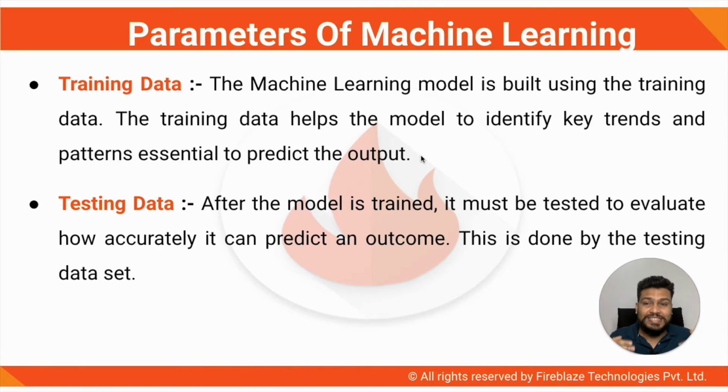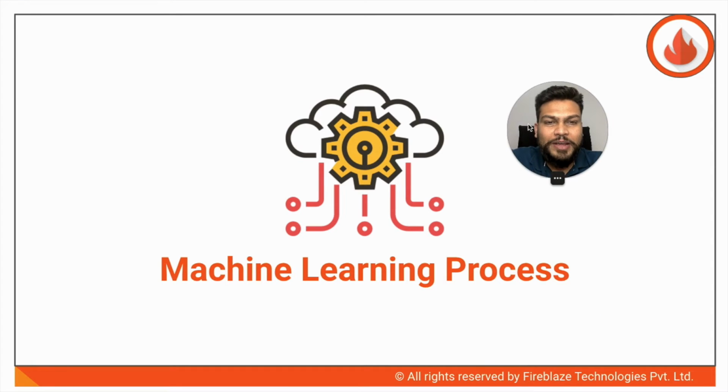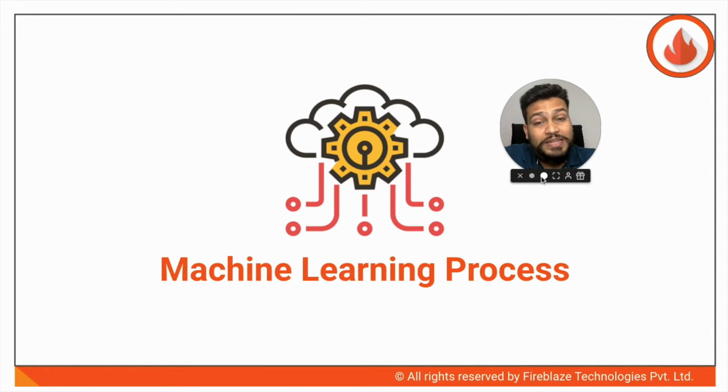So this testing data is used basically for model evaluation, right? So I hope you have a rough idea about that. What is the training set? What is the testing set? On the basis of the training set, we train the model. On the basis of the testing set, we test the model and evaluate our machine learning model, how good or how bad it is performing. Right? So this is again an important parameter with respect to the data that we basically use.